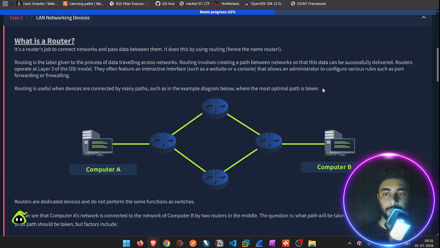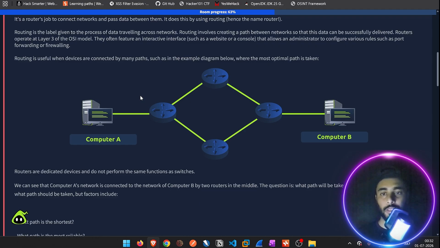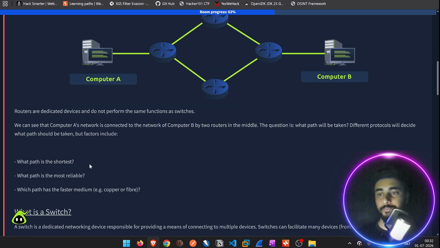path is taken. तो ये चीज़ हम पिछली वीडियो में डिस्कस कर चुके हैं कि मान लीजिए कंप्यूटर ए को कंप्यूटर बी पे कोई भी डेटा भेजना है और उसके बीच में 4 राउटर्स हैं, तो वो सबसे शॉर्टेस्ट और सबसे रिलायबल पाथ ही चूज़ करेगा और जो सबसे फास्ट होगा अपने डेटा को ए से बी की तरफ सेंड करने के लिए। राउटर्स आर डेडिकेटेड डिवाइसेस एंड डू नॉट परफॉर्म द सेम फंक्शंस एज स्विचेस।